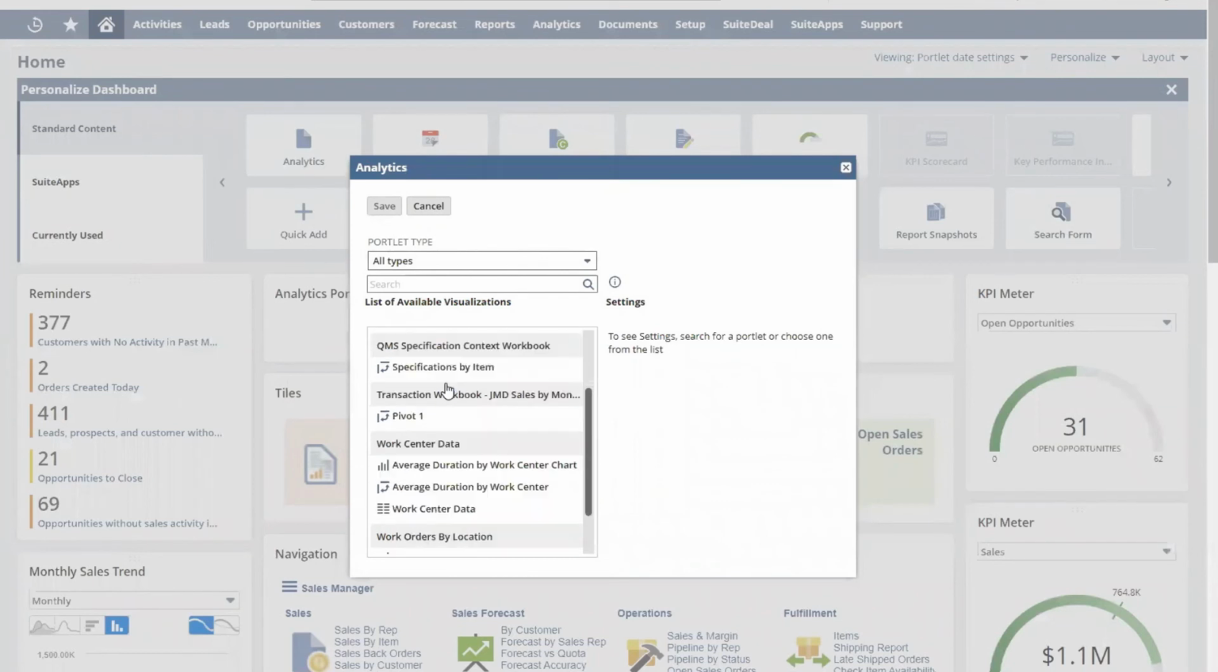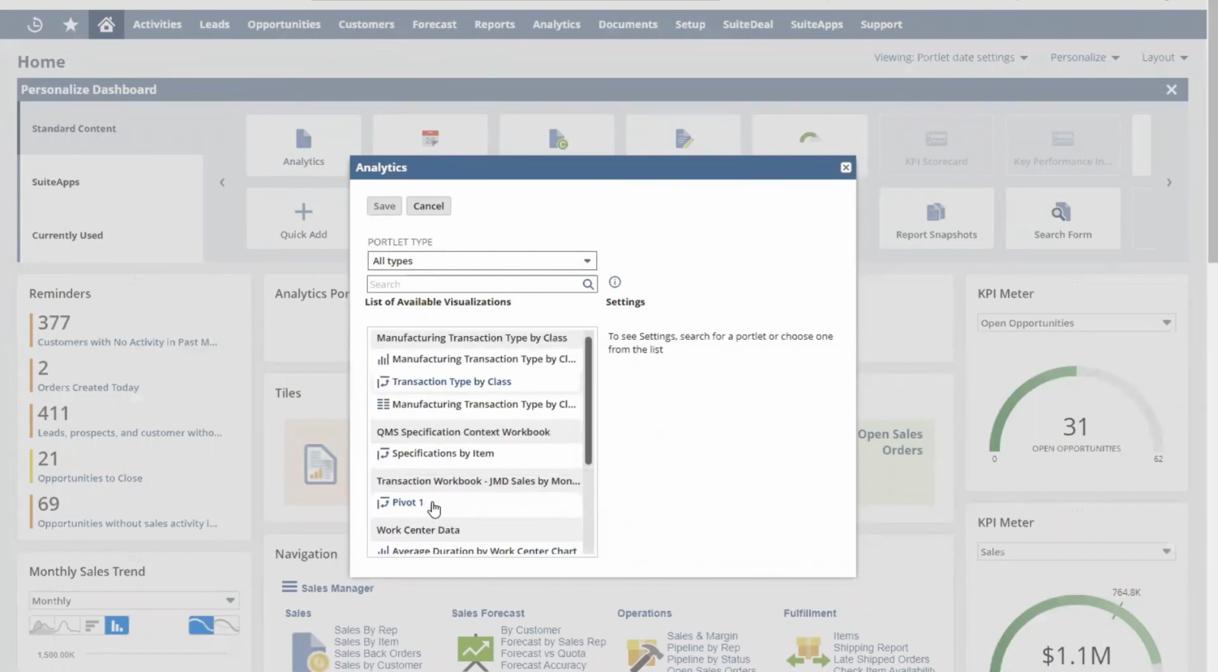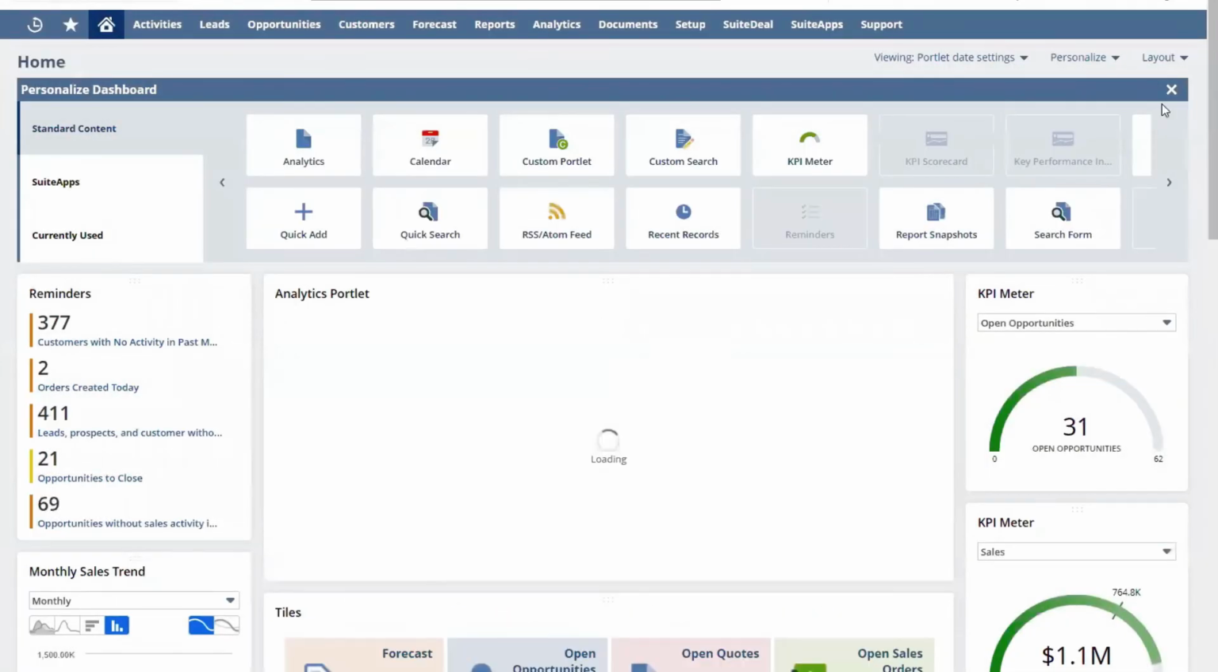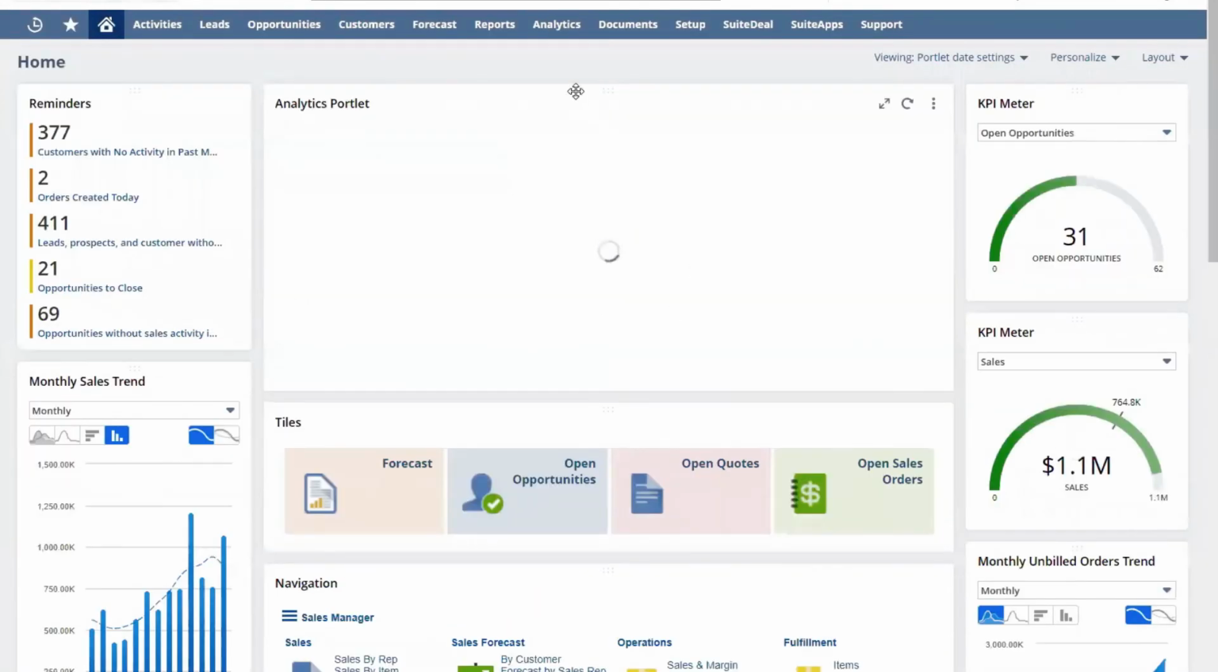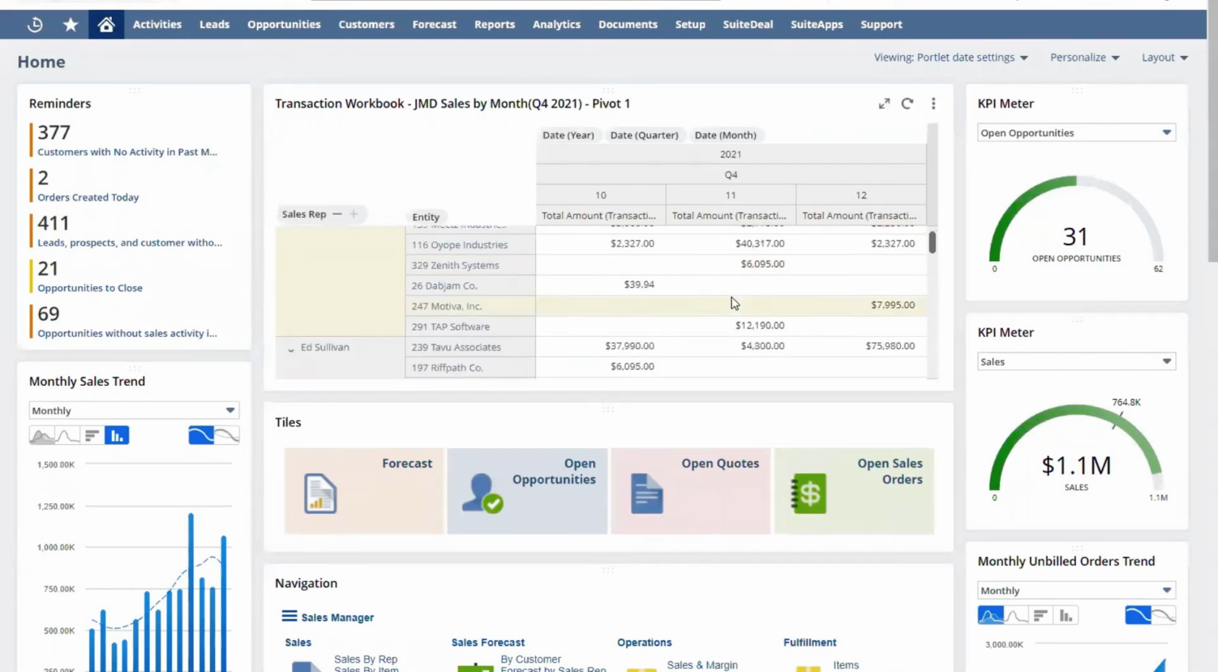I'm going to add, there we go, my sales by month. I'll go ahead and save that. And we've just added that pivot table right to our dashboard. So again, just an example of how